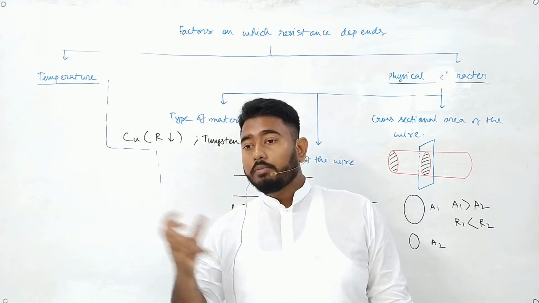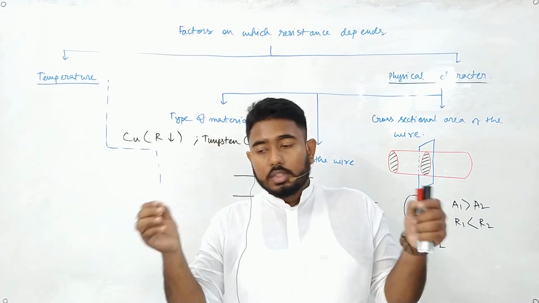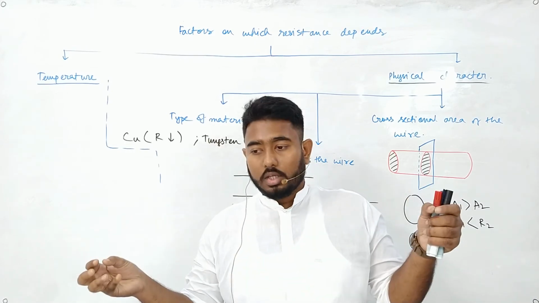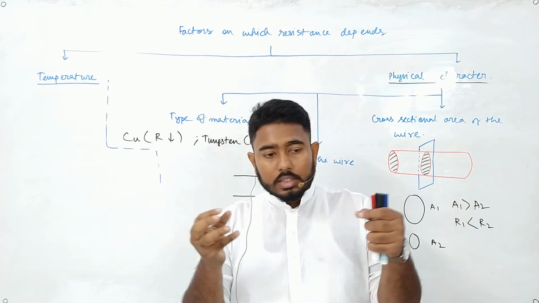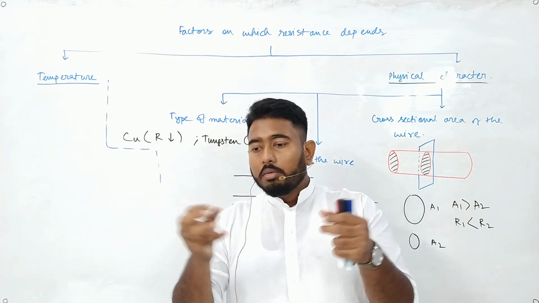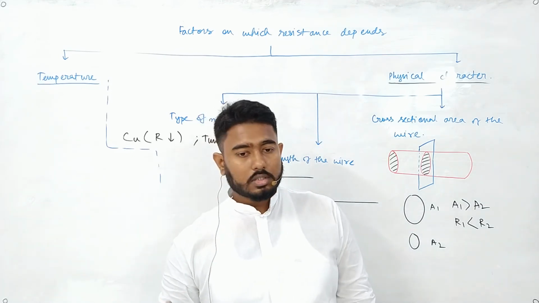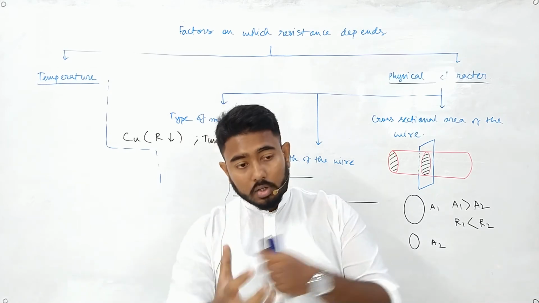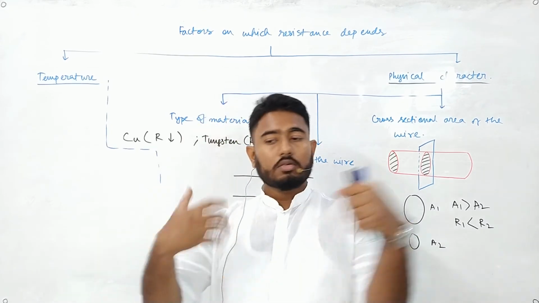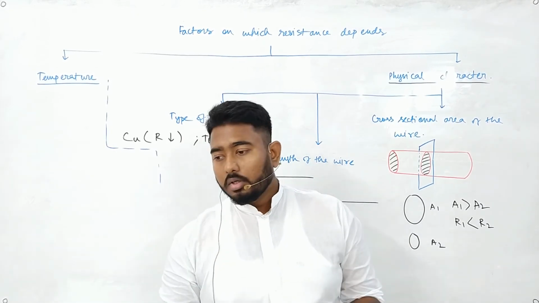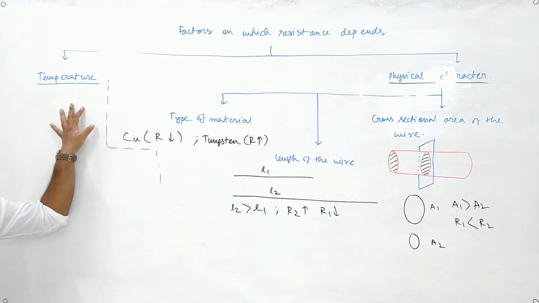When they start vibrating vigorously, the distance between two molecules keeps on increasing. That means they will come into a more excited state. When there was less energy, they would vibrate like this. When there is more energy, they will vibrate like this. In which case is the possibility of collision more, the second case or the first case? So when we heat them, the collision probability will increase. That means there will be more chances of getting struck by one another. So if the temperature increases, the random motion will also increase.